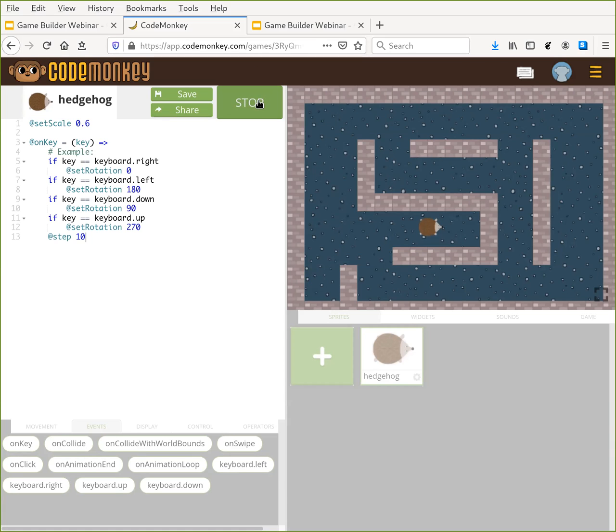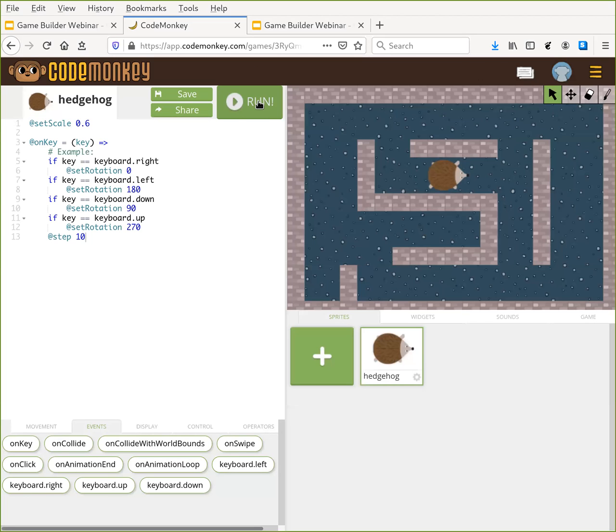So now it's starting to look a little bit like a game, but we probably want to add some kind of goal for our hedgehog to reach for. So again, this is going to be kind of like PacMan. Let's scatter some things around the playing field for the hedgehog to grab. To do that, we're going to need another sprite. So I'm going to open up the add sprite again.